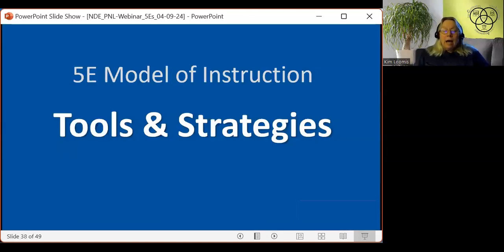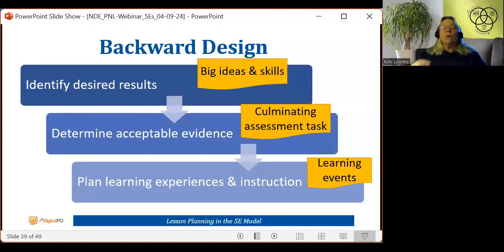All right. So, talking about tools and strategies, let's see what we can think about as we're moving forward and as you're designing lessons in your classroom to get those 5 E's into your classrooms. So first thing we want to do is backwards design. We don't want to just say, oh, these are the activities. The learning events, those activities are one of the last things that we want to look at. We want to look at what's the standard, what's the big idea, what's the concept that we want to have